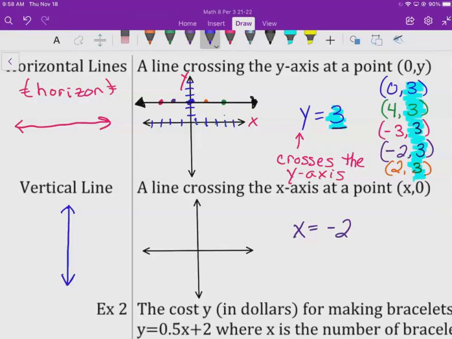So instead of 0, 3, we've got x equals negative 2. So we're going to do the same thing we did up above, but this time, instead of the x coordinate being changed and the y coordinate staying the same, the x coordinate is going to stay the same, and we'll change the y coordinate. So we've got